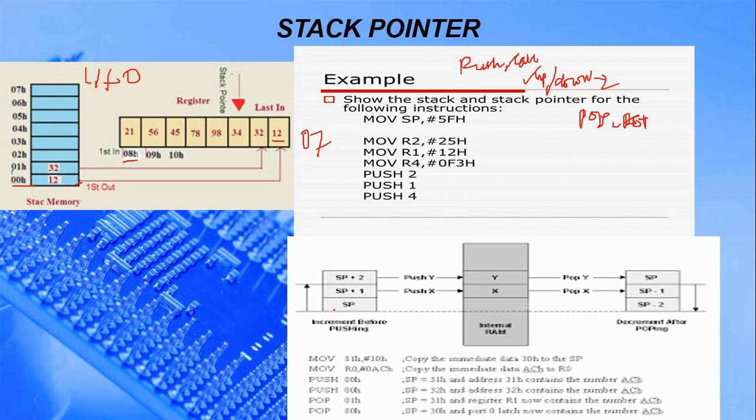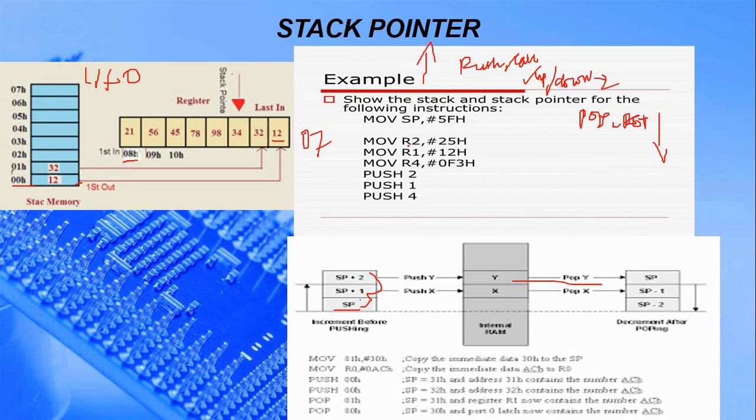See here, the stack pointer gets incremented. That is, one after the other we are arranging the data and pushing it to the RAM memory or stack memory. From there we get the data out. That is a pop instruction, which is decrementing. The push instruction is an incrementing operation. The pop instruction is a decrementing operation.